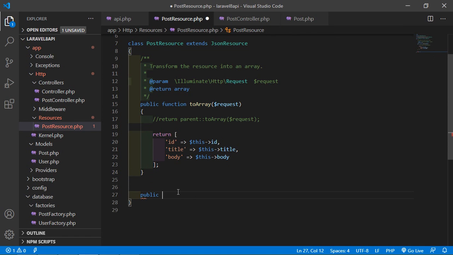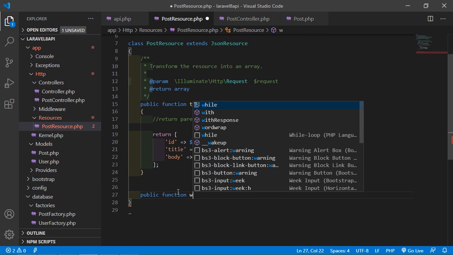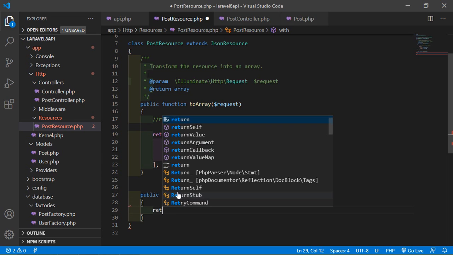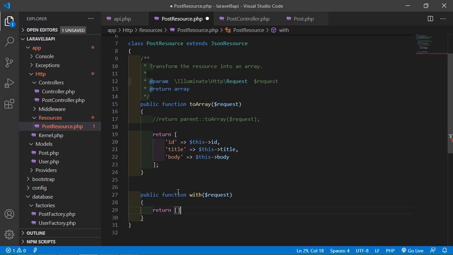So just write public function, and the function name is with, and inside this just pass your request and return an array. Inside this array I'm just going to pass a version. So just write version and add the value, 1.0.0.